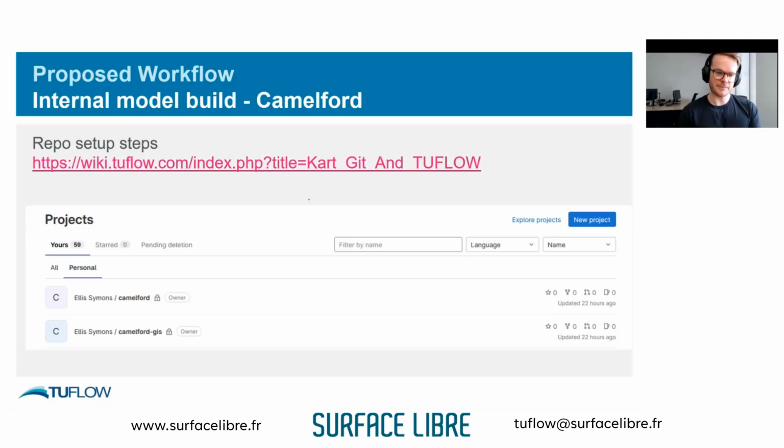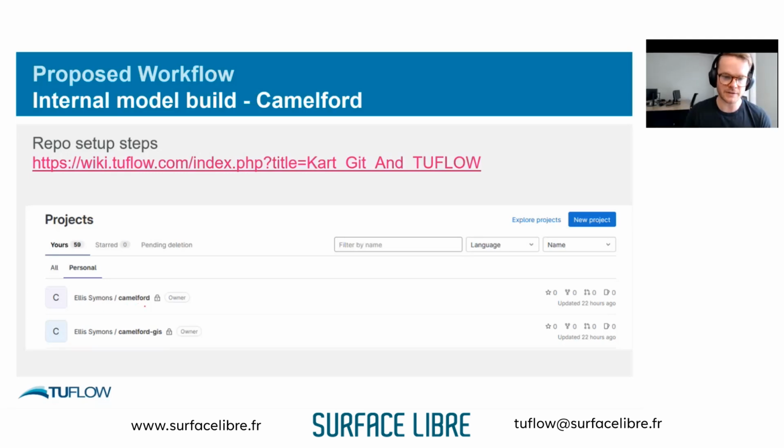But effectively, for this example, I've set up 2 repos, as I said, for this Camelford model, which is somewhere in England, West Coast. Duncan might get angry if I get that wrong. West Coast of England, somewhere. And essentially, there are two repos.